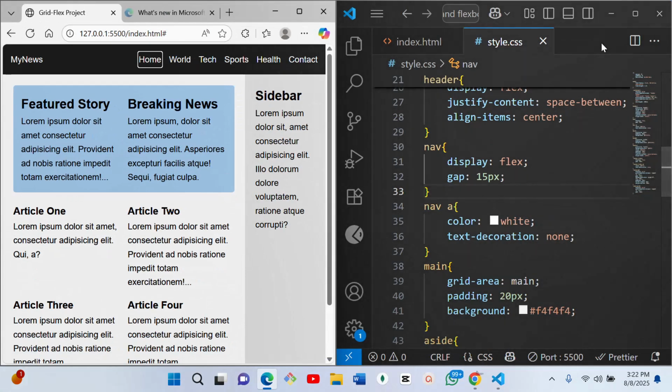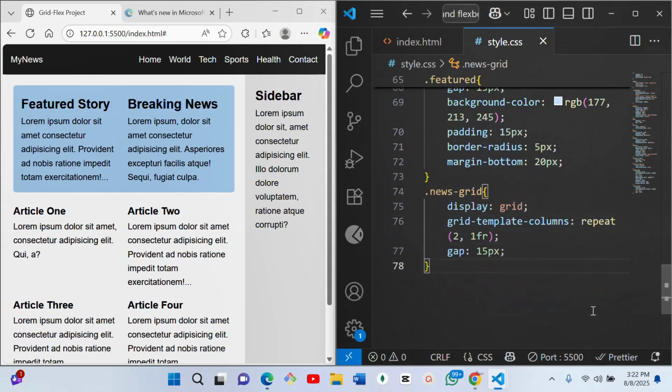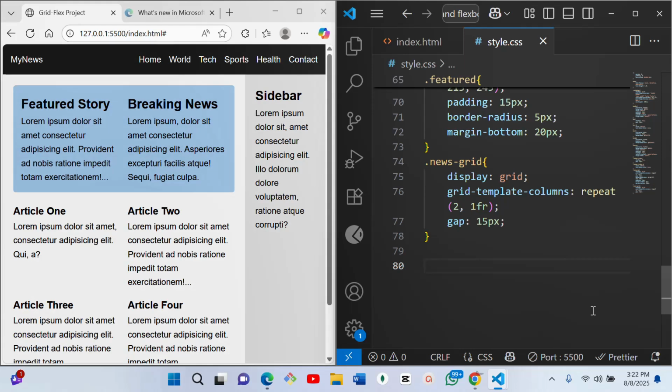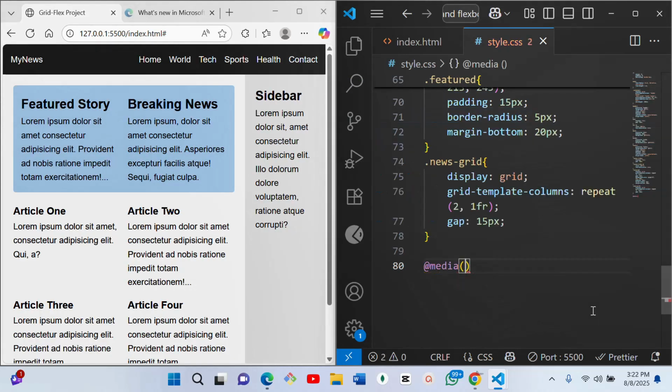So for that reason, we are going to use what we call @media. So we use @media in CSS for responsiveness. So for responsive design, you just come here, you say @, and then you say media. So now, what media are you talking about? So I want to talk about media where the maximum width is, let's say,